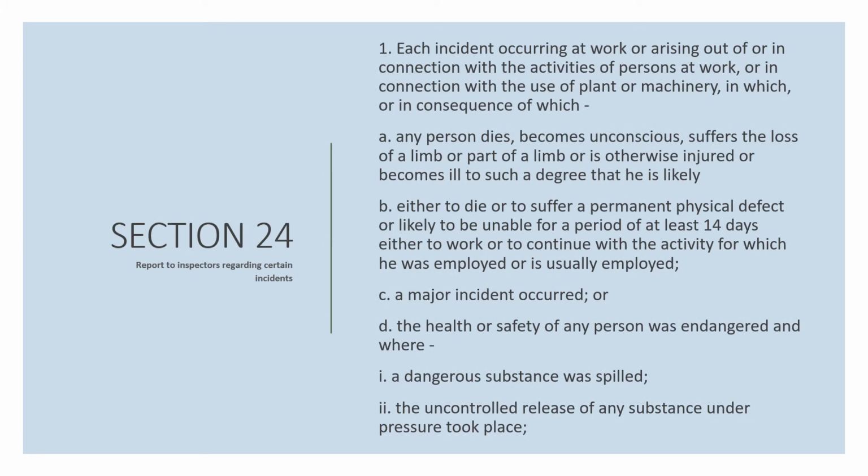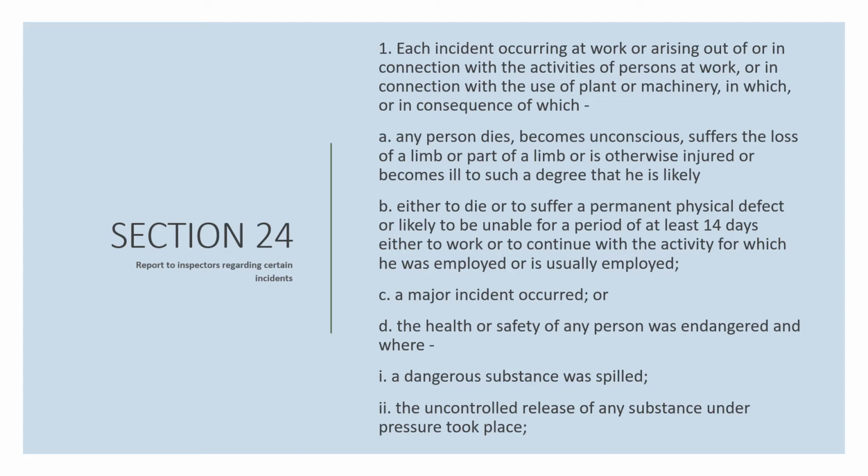Each incident occurring at work or arising out of or in connection with the activities of persons at work or in connection with the use of plant or machinery in which or in consequence of which any person dies, becomes unconscious, suffers the loss of a limb or part of a limb, or is otherwise injured or becomes ill to such a degree that he is likely either to die or suffer a permanent physical defect, or likely to be unable for a period of at least 14 days either to work or to continue with the activity for which he was employed or is usually employed, a major incident occurred, or the health or safety of any person was